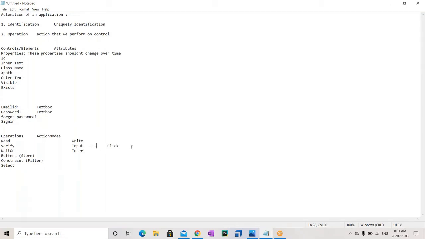Click, double click or whatever. Whereas insert is something we use in API testing. If you go to API testing, we are not going to use input, we will use insert. For API and other non-UI related testing, we will be using insert, whereas input is used for UI testing. That is the difference between them in Tosca.